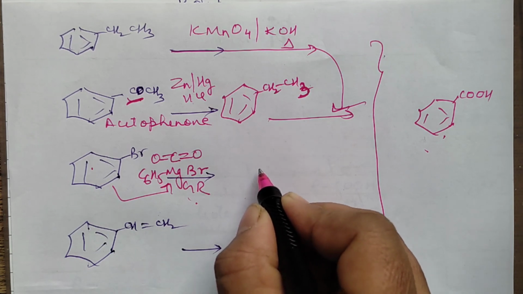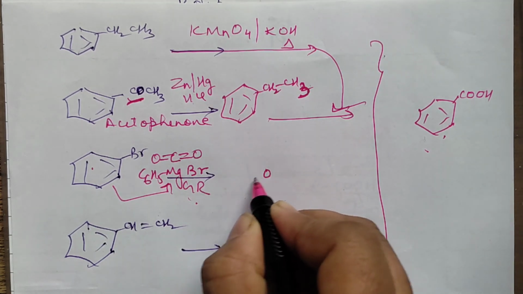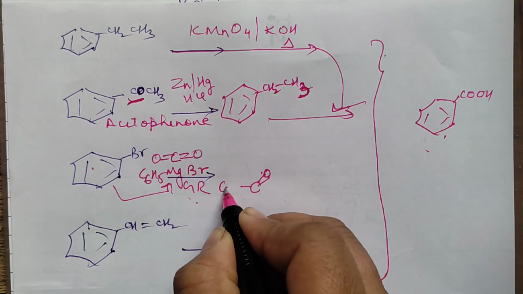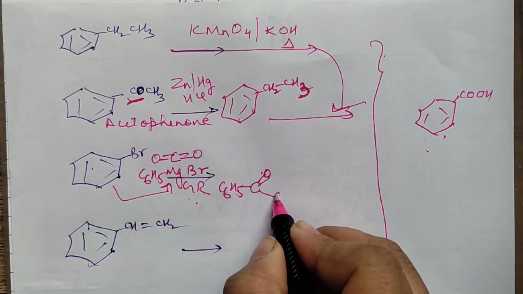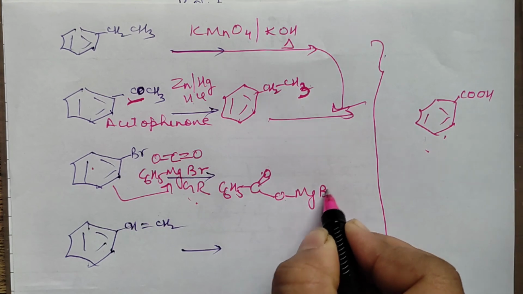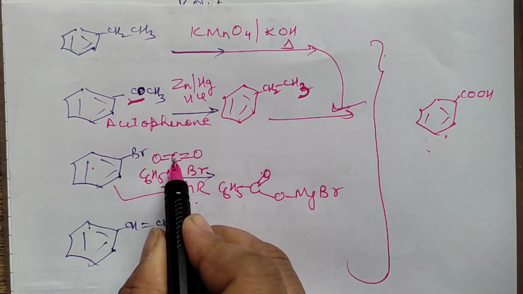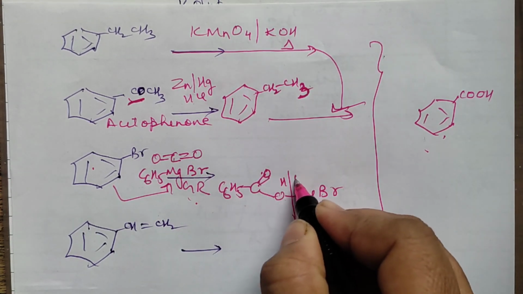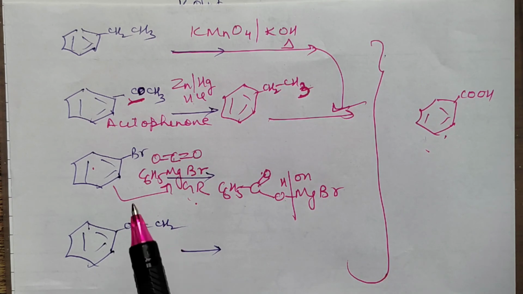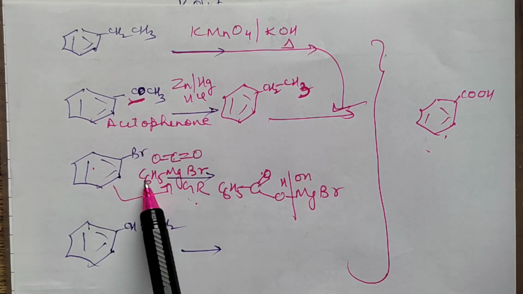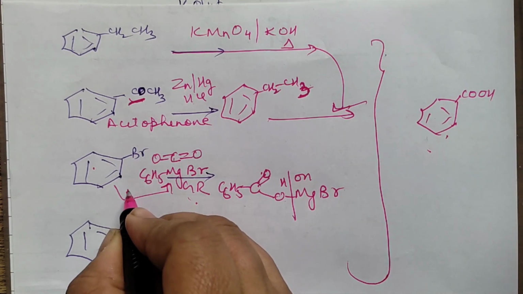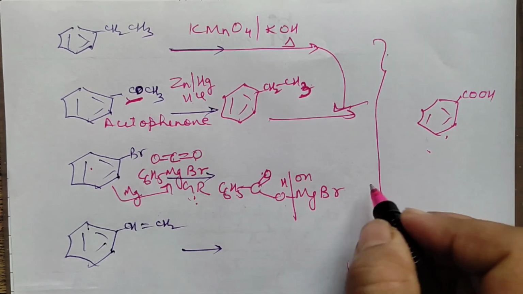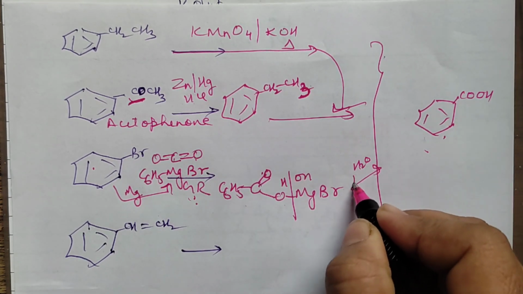So what you will have is, on this C, you will have this carbon double bond. Here you will have C6H5, right? And here you will have OMgBr. That means this phenyl part will add on to carbon and this Mg part to one of the O, and then you will carry out its hydrolysis. You will get benzoic acid, right? So bromobenzene first with magnesium, react this with magnesium in the presence of the ether that we have done. You will prepare Grignard reagent, add on to carbon dioxide, you will get this, carry out the hydrolysis of this in the acid medium. Fine.